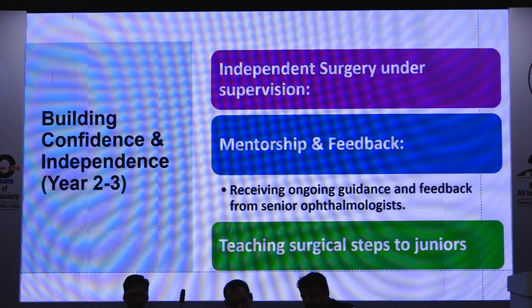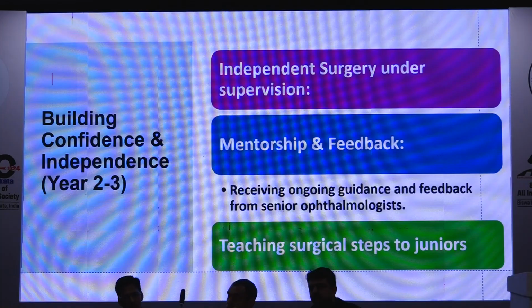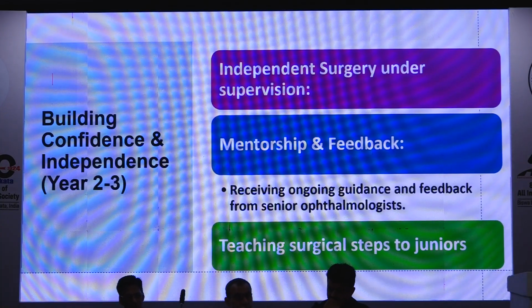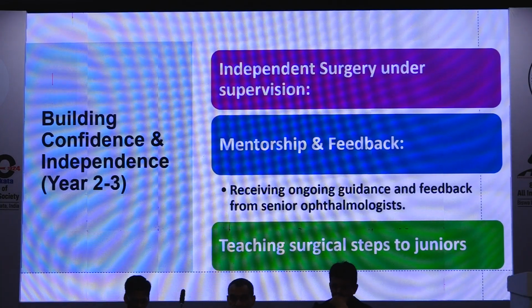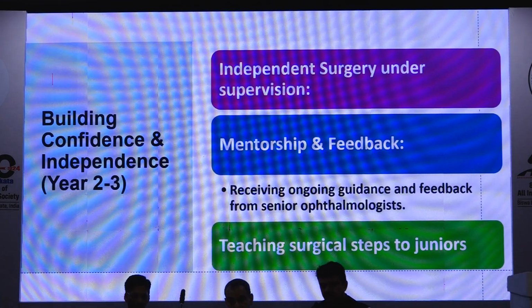Sometimes the lower staff will give you tips. Your mentor may be busy with other things, but your assistant or a junior staff member will tell you what to do in this case. If you have a problem, they sometimes help you out. So communication is very important. That's what we reiterate: guidance and feedback from senior ophthalmologists is a must, and you should also communicate with the lower staff.